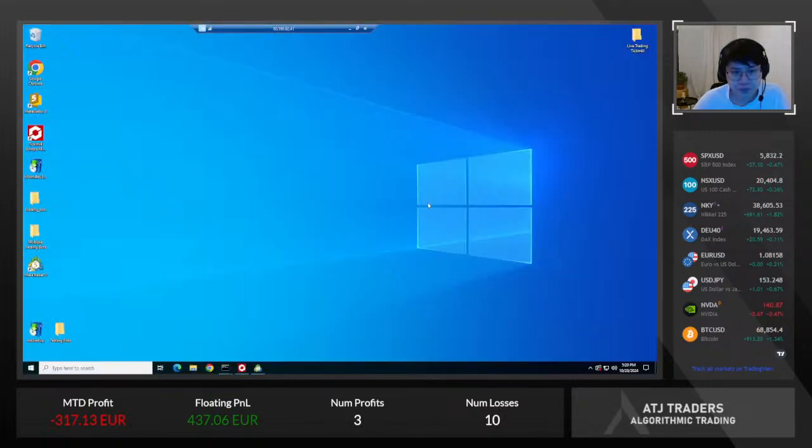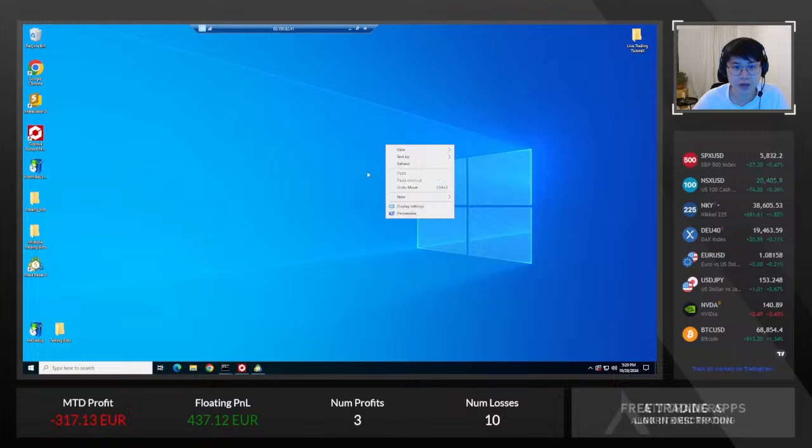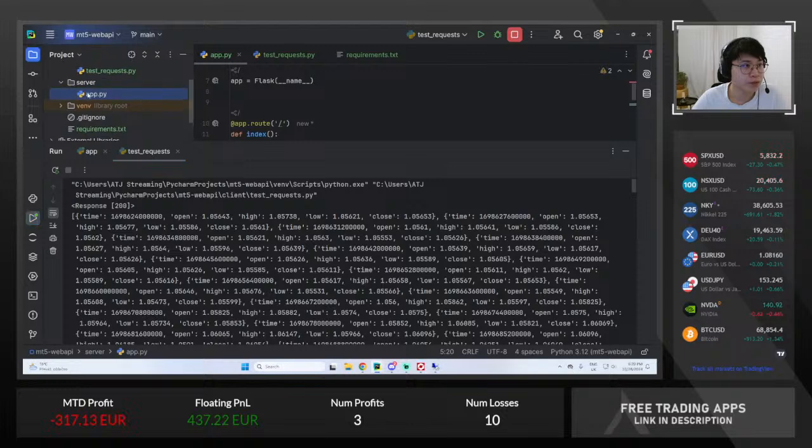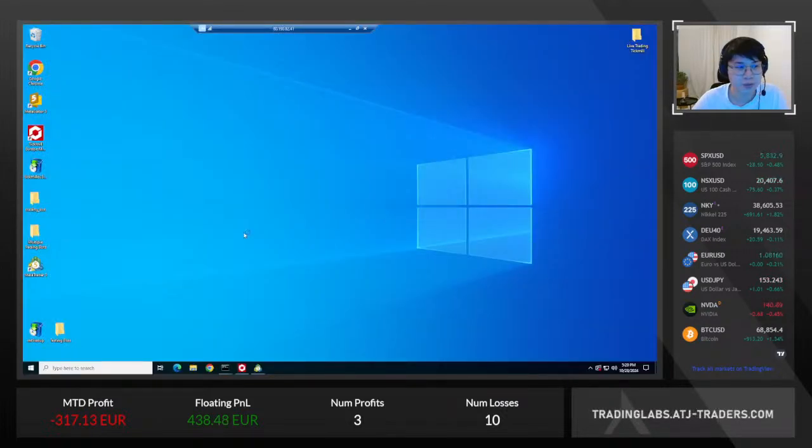Okay, so now let's finish this task. Actually, I don't need to create anything. I can just take the server folder and copy it onto my remote desktops, right? So I'm just copying some files that are going to be used